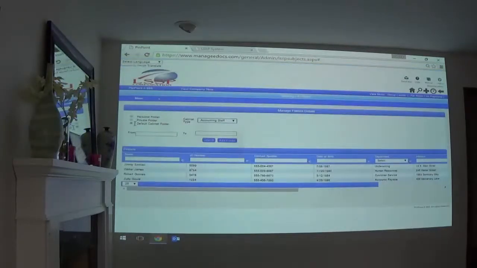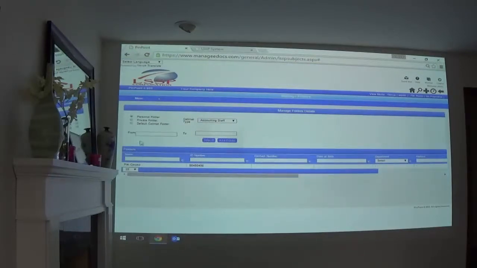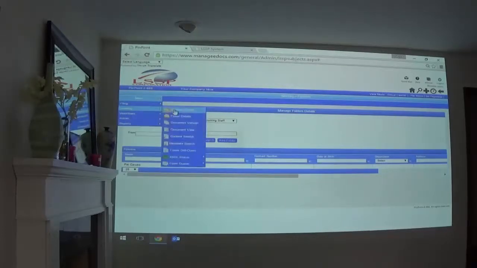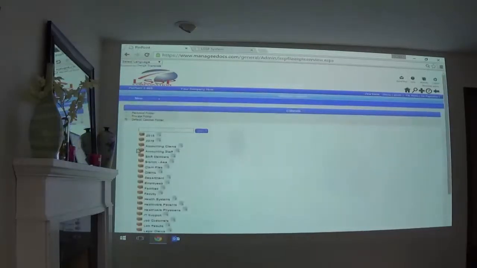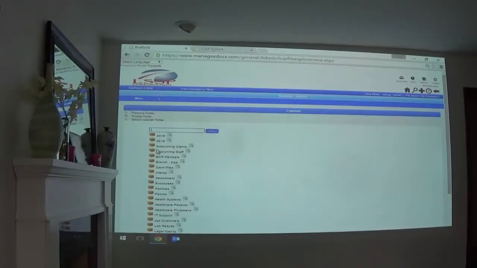So again, if I come into the system and I'm looking for personal folders, I could see my own. Others won't be able to see them. If they go to the locating screen and say they're using the browse folders and they open accounting staff, notice they can't see them. If they have rights to see private folders, they could click on the private folders and they could see any private folders, which there are none for me. If I click on personal folders and click on accounting staff, there's mine,